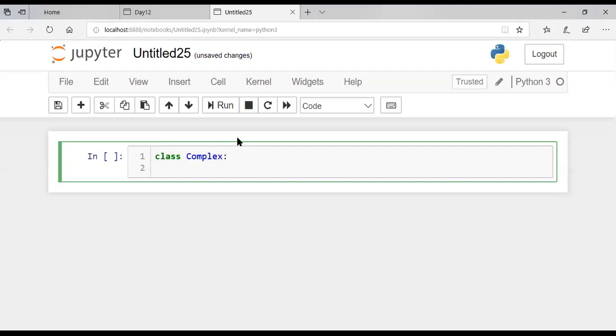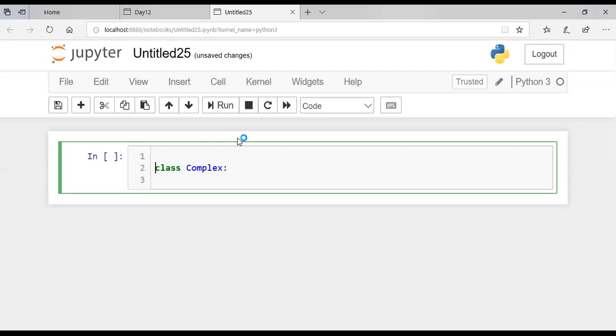So here we can write a constructor with the function named as dunder. Dunder means double underscore. So students, today I would like to explain all the dunder functions involved in the Python program.